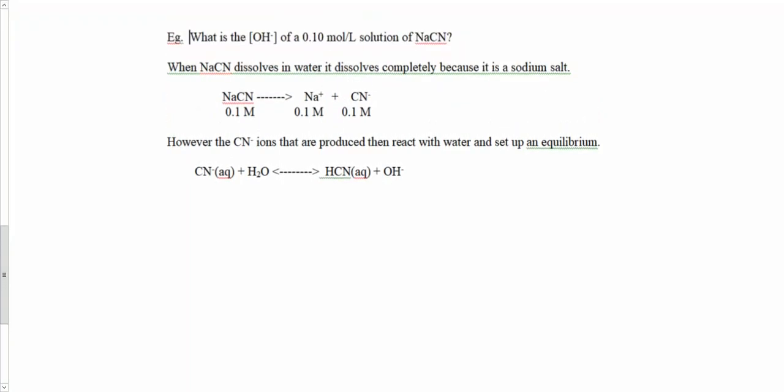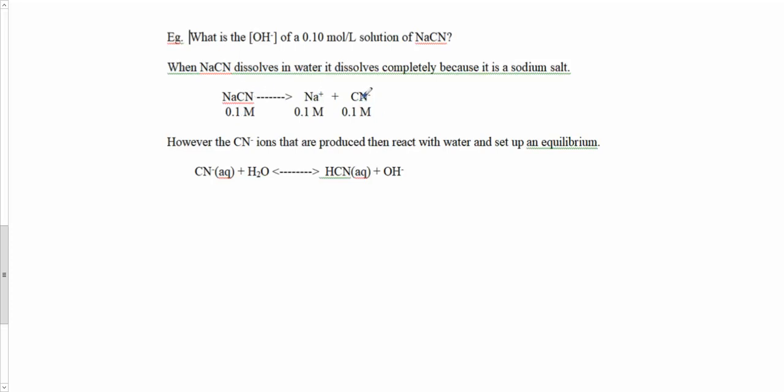Black. So NaCN is going to dissolve in water. Sodium compounds, you might remember from previous courses, are 100% soluble, completely dissolves, sodium salt. So if the concentration of NaCN was 0.1, then it's going to completely break apart, and I'm going to get 0.1 of Na+ and 0.1